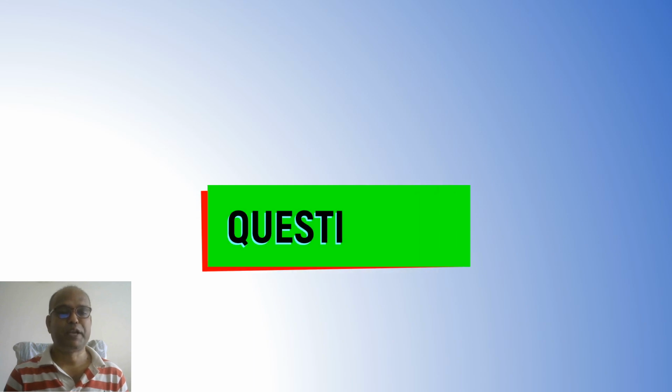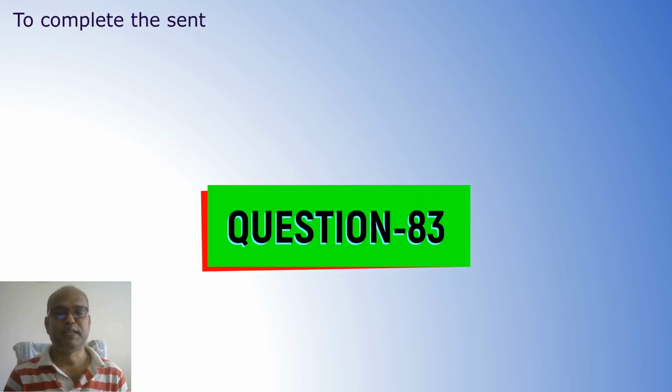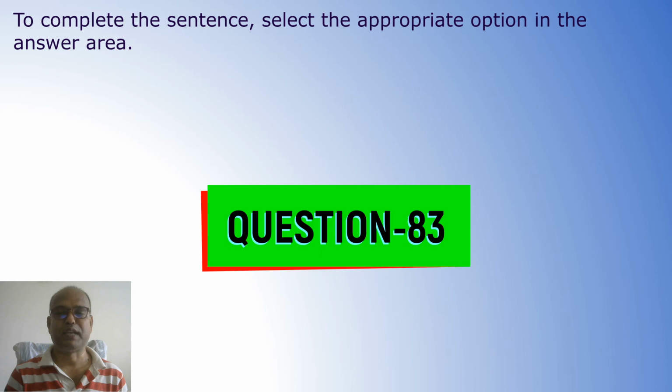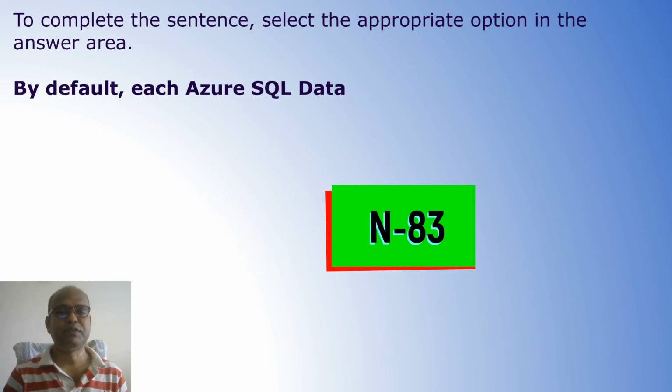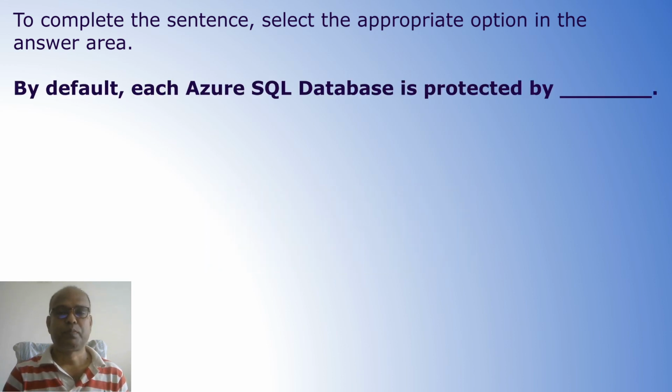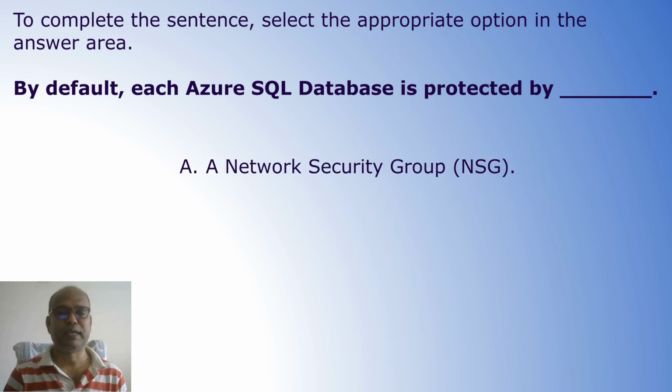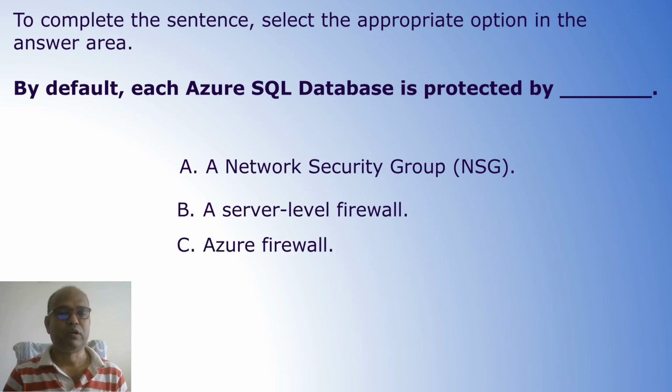Next question. Question number 83. To complete the sentence, select the appropriate option in the answer area. By default, each Azure SQL database is protected by a dash. Option A, a network security group, NSG. Option B, a server-level firewall. Option C, Azure Firewall. Option D,